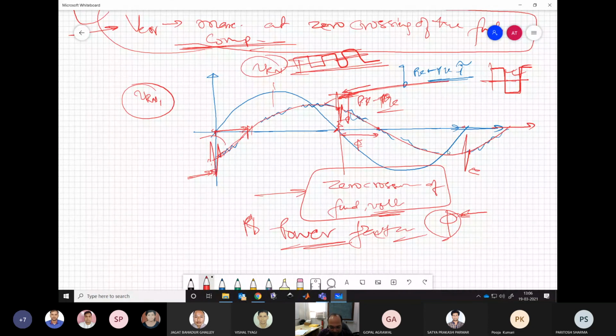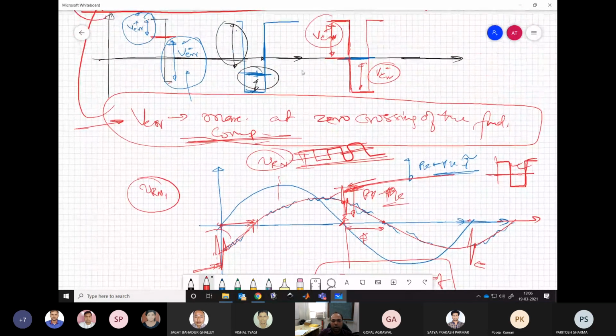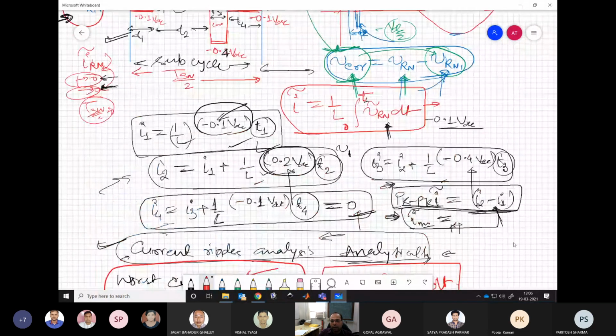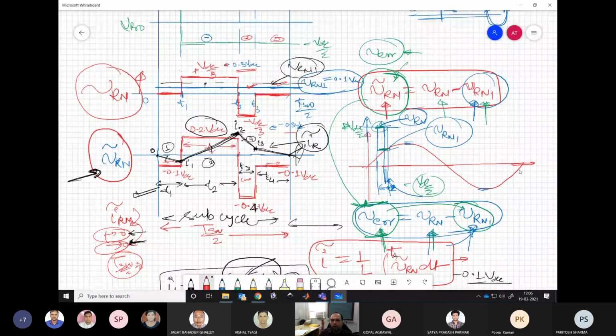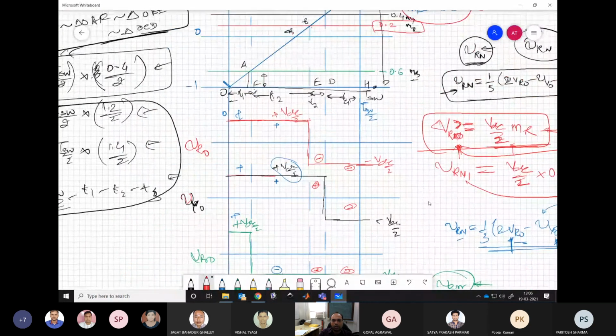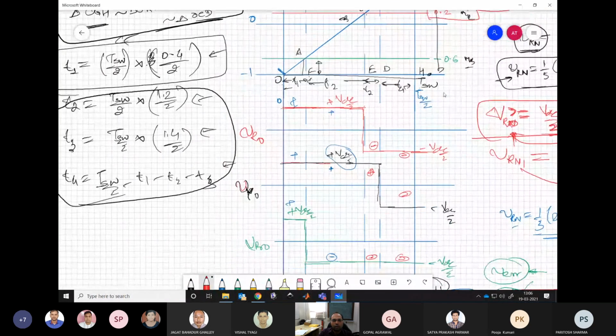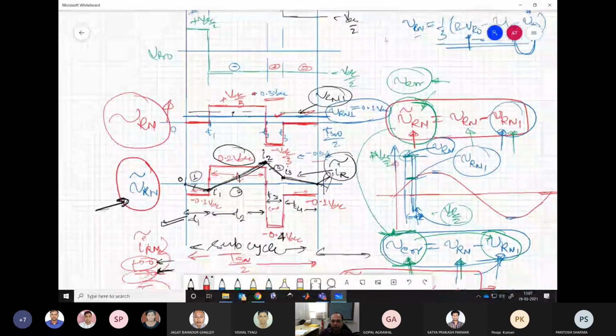A very important aspect of any pulse width modulation we have discussed here is how to do current ripple analysis for the system. In this manner, we can analyze any PWM waveform, and then we can say whether we are doing justice to our system or not, whether our system is having a good current ripple or not.